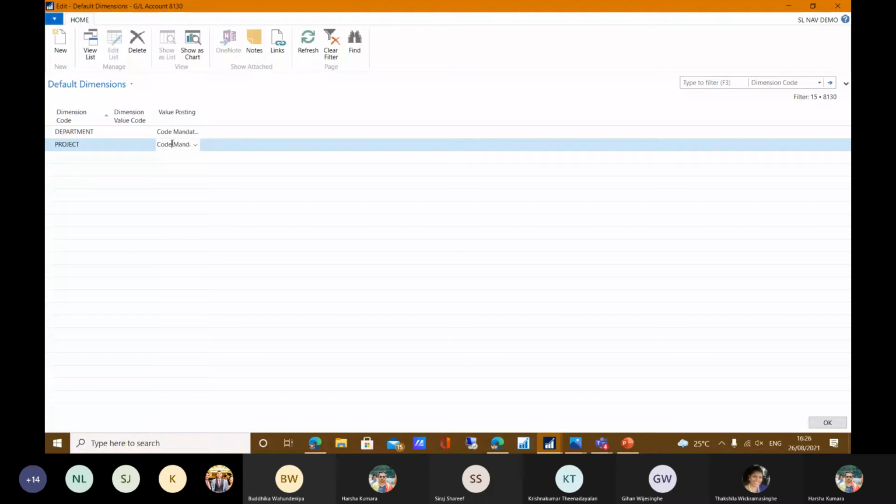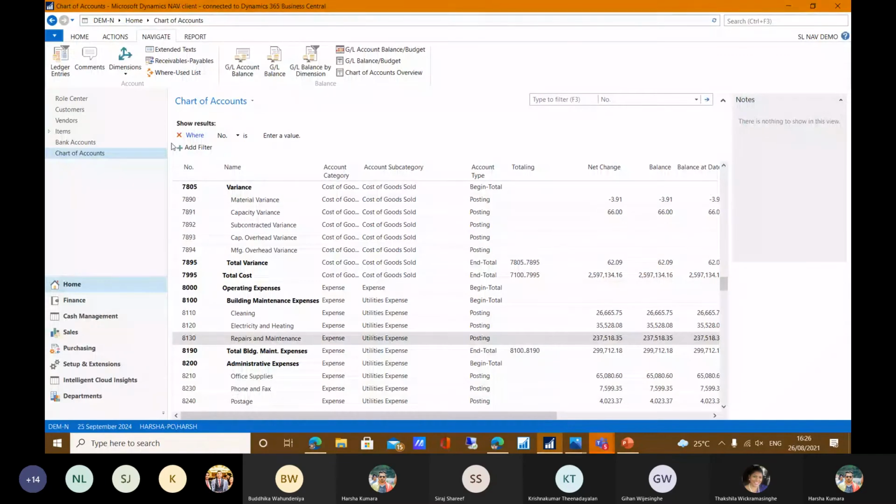Please don't post any JV or any document without department and project code. Then users have to follow that control, and they have to post the data in that manner. Then I will show you the GL entry posting and control in NAV, which is already built up with posting the JV.